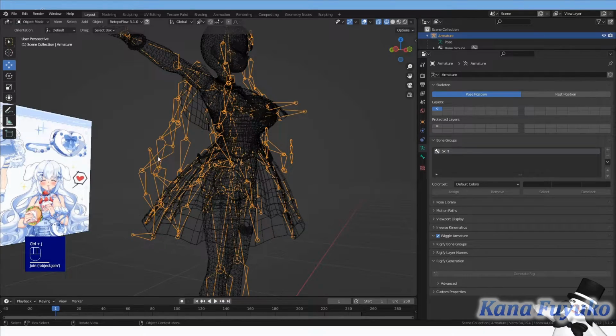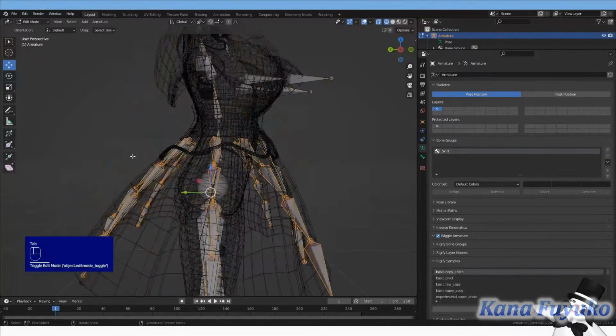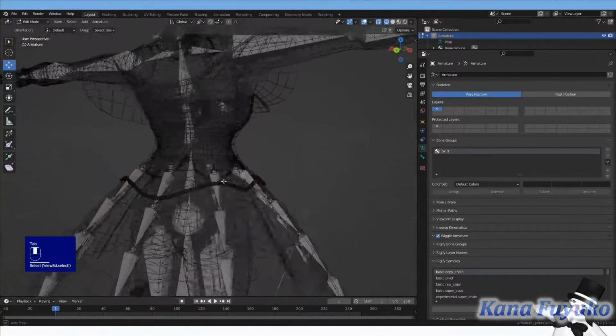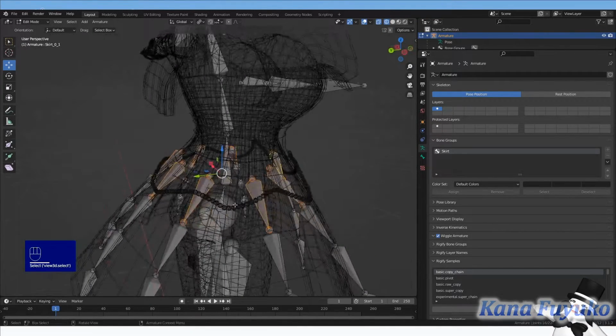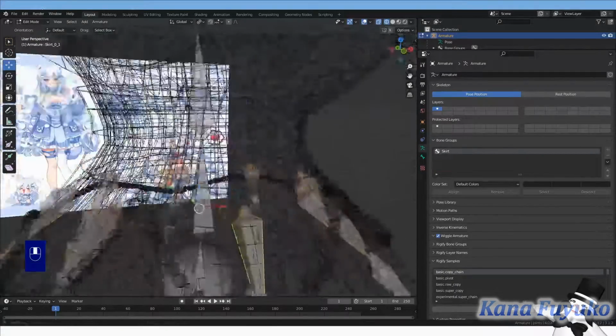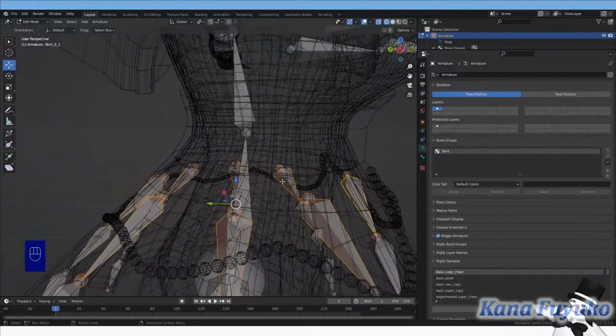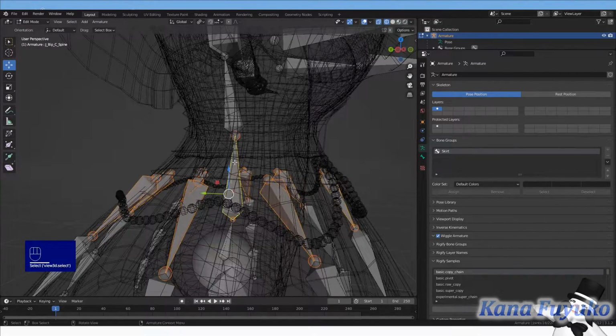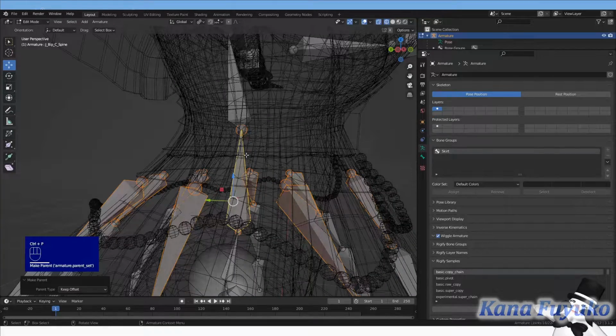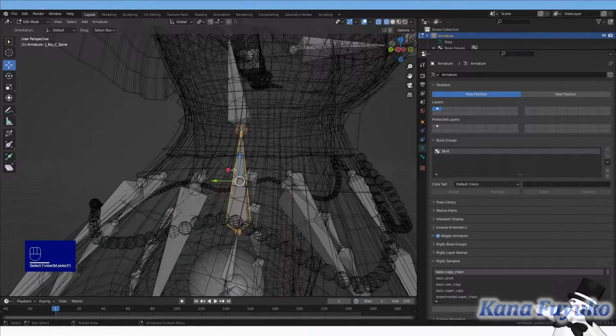Select your skirt, and then your armature, and then Control J to join them back together. You're going to have to reparent the skirt bones, which should be pretty easy. Make sure to select the parent bones here. Whatever bone is closest to the skirt bones is the bone that you want to parent to.